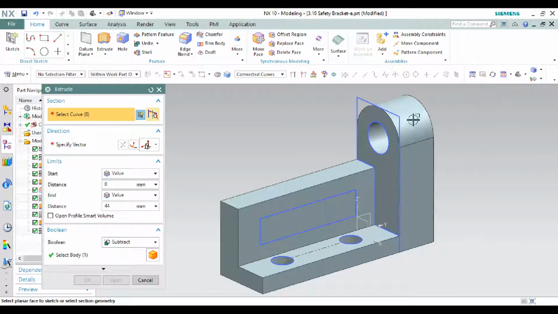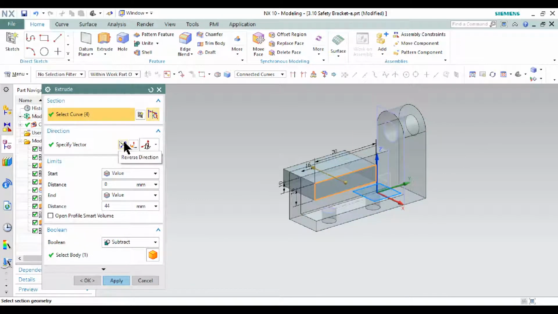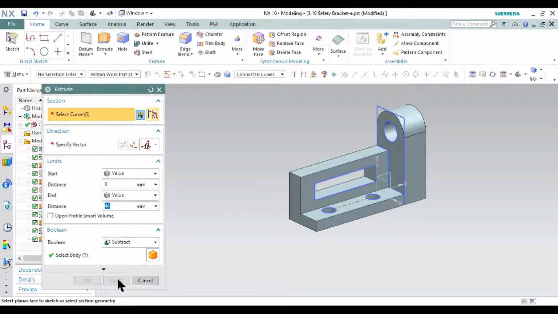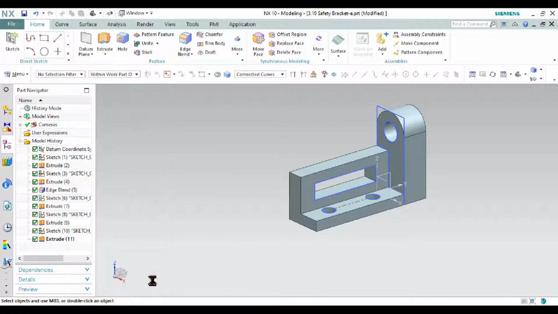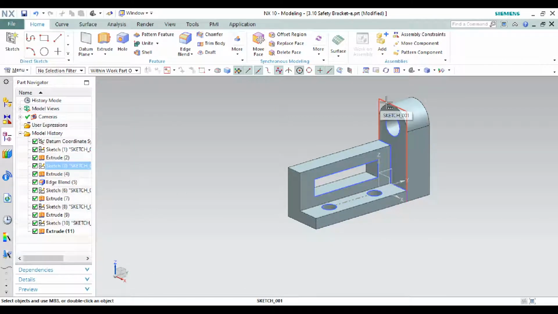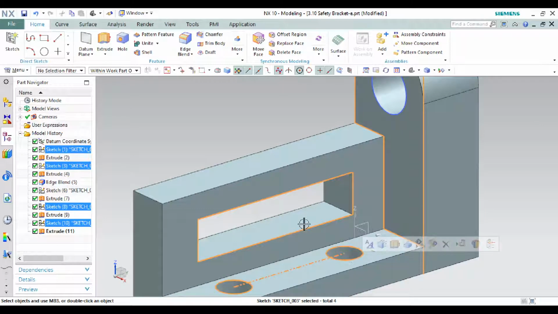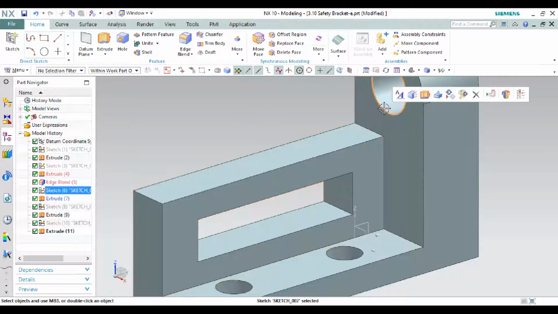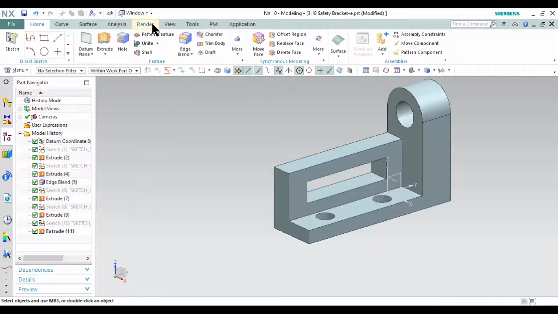going to this, select this line, select reverse direction, and then click apply. Okay, your model is already made, so I just cancel. And to hide this sketch, you can click, and then write on your keyboard Ctrl B, also this Ctrl B, and then if you want to change the colors, you can go into the view or